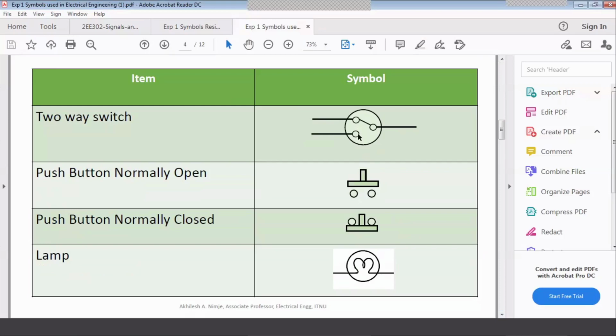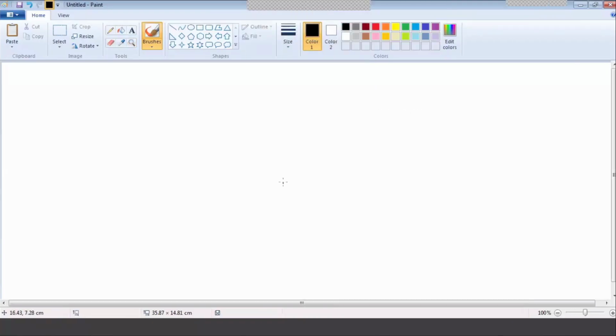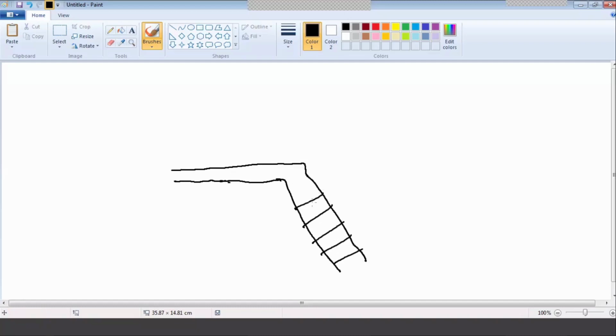Suppose you have one lamp hung here, upstairs.